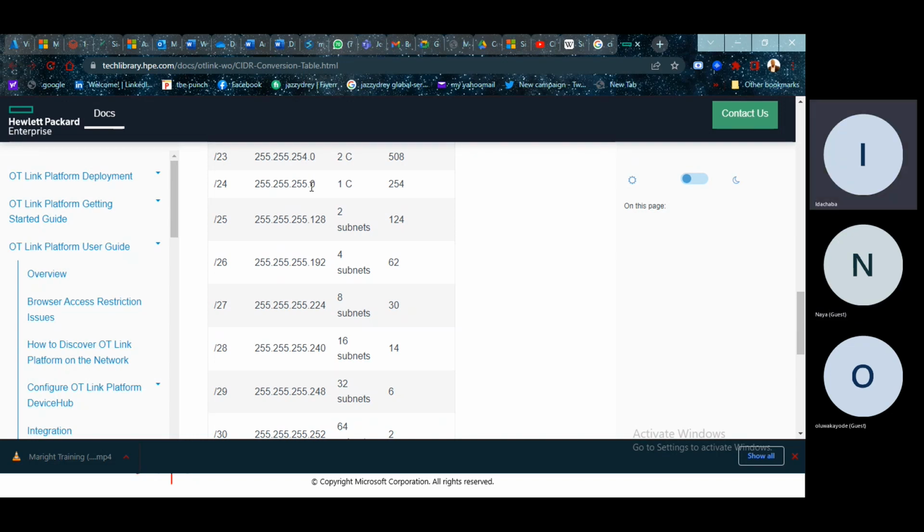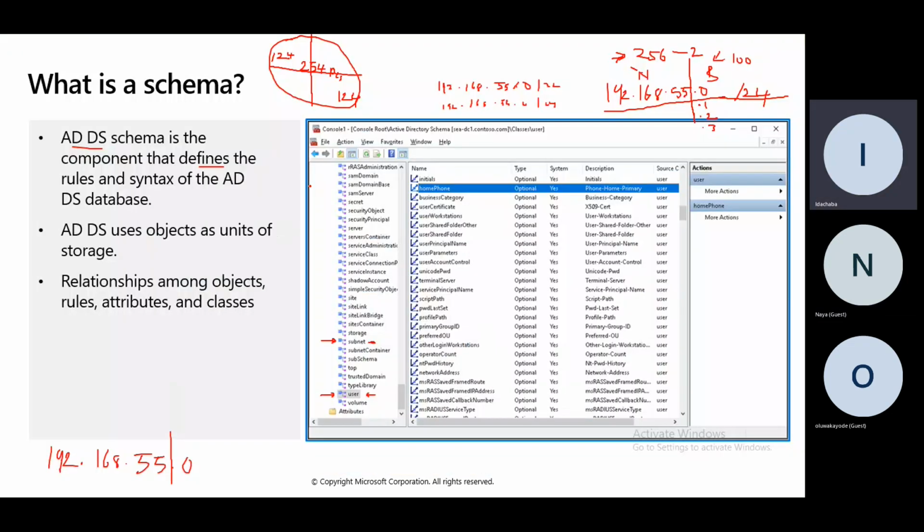Just understand this concept because it will come up in your networking part when we are doing networking. I was only trying to let you know that when you have a network like 192.168, for example, as it's /24, it can contain 254 computers. But 254 computers is too much to put together in one network, because there will be so much noise and they'll be jam packing.